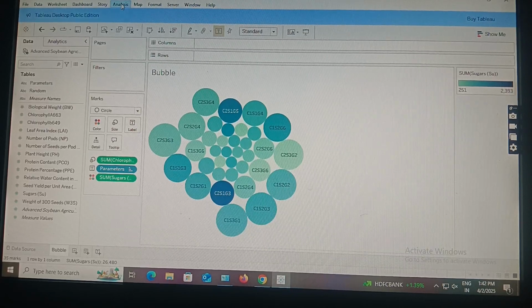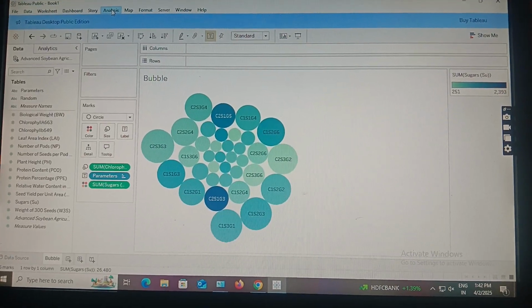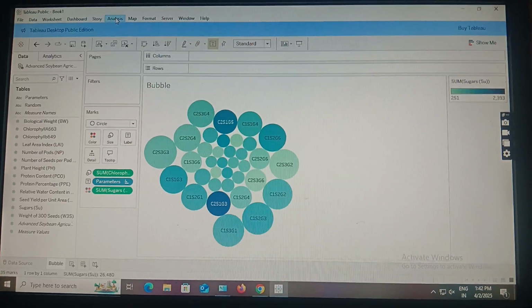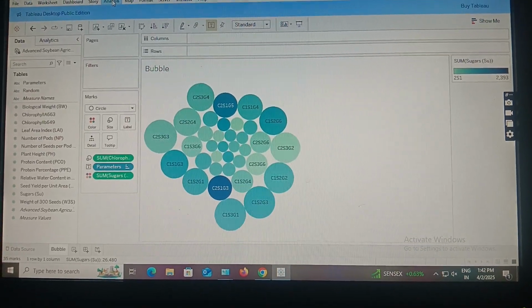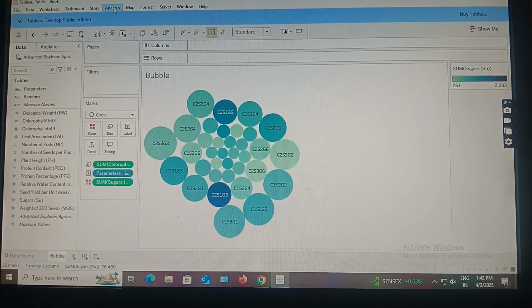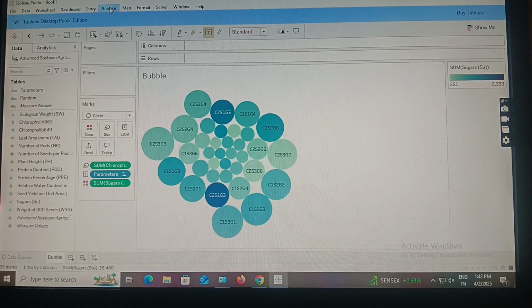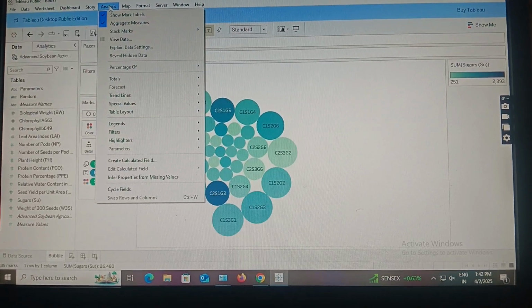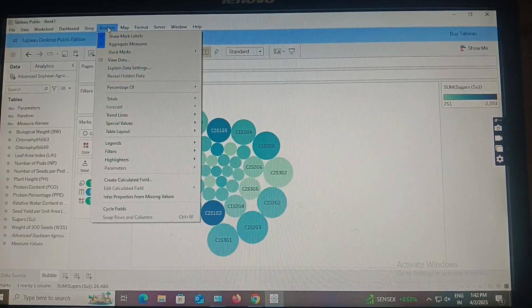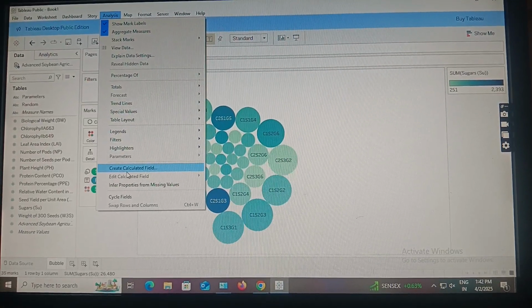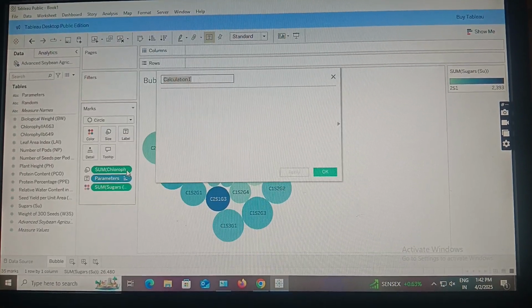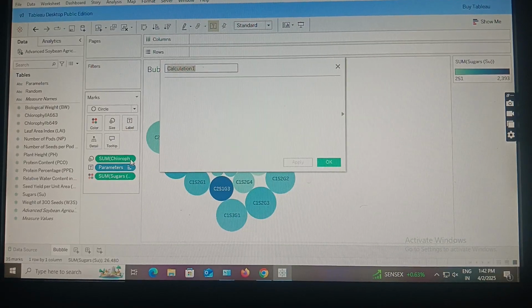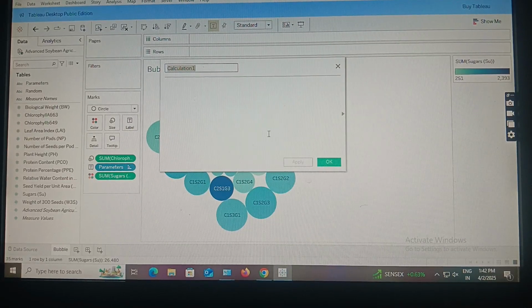Now just click on analysis, which is at top side, and post clicking it, we are able to observe this pop-up will get generated, and in that just left click on create calculated field. Now this window will get appeared. Now in Tableau,